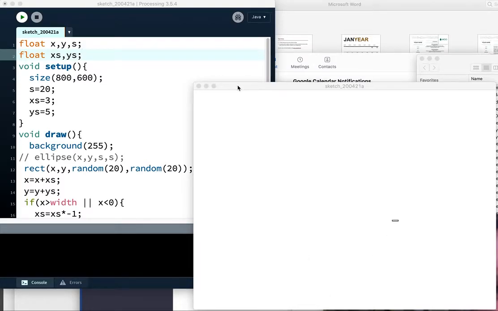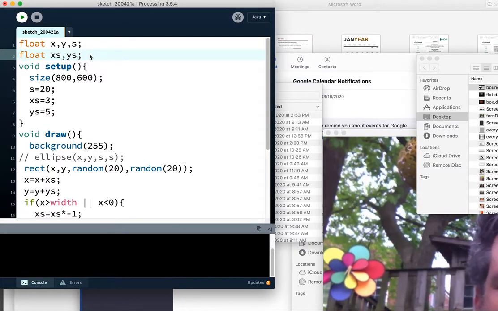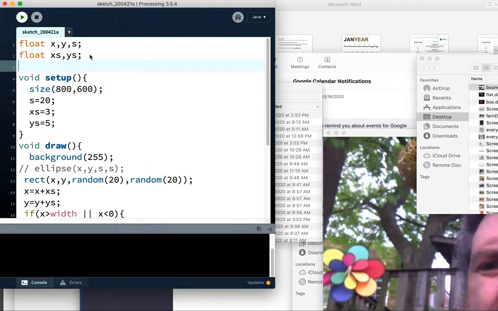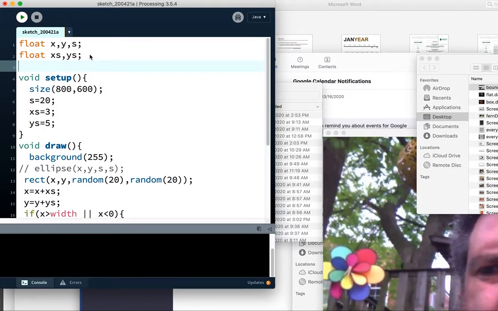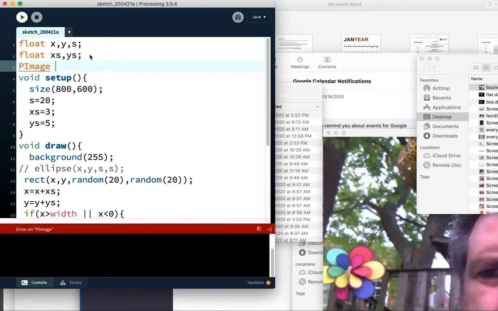We're back. Let's try to replace our rectangle, randomly drawn, with an image. So the images are drawn using what's called an object or class. And the way you call that with Processing is there's this thing called a PImage class. So PImage